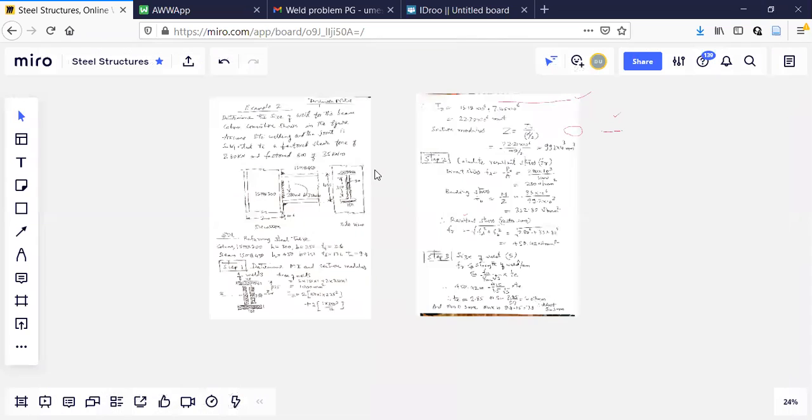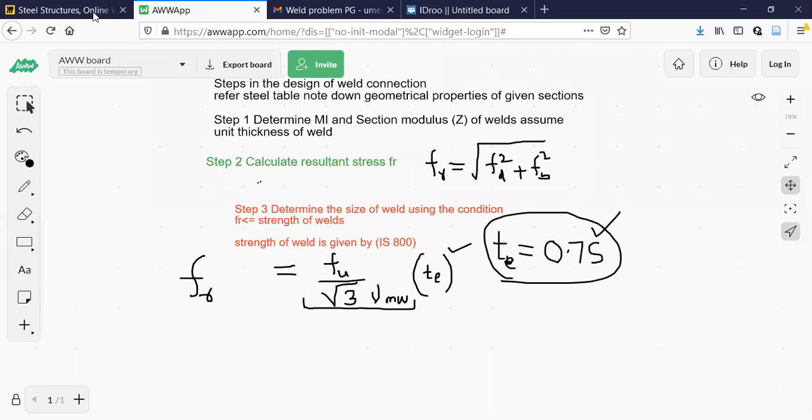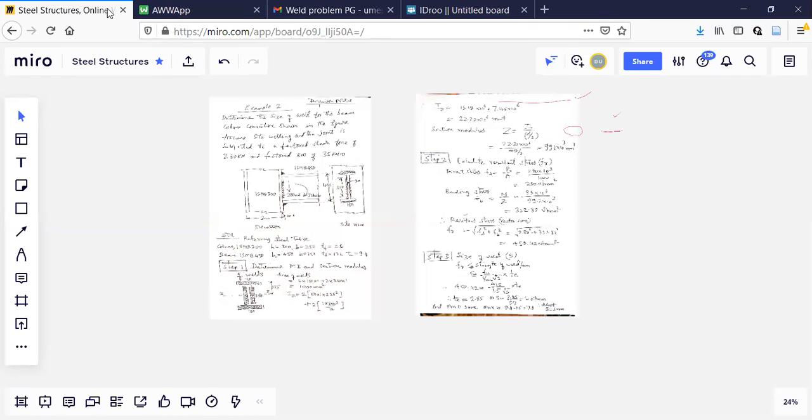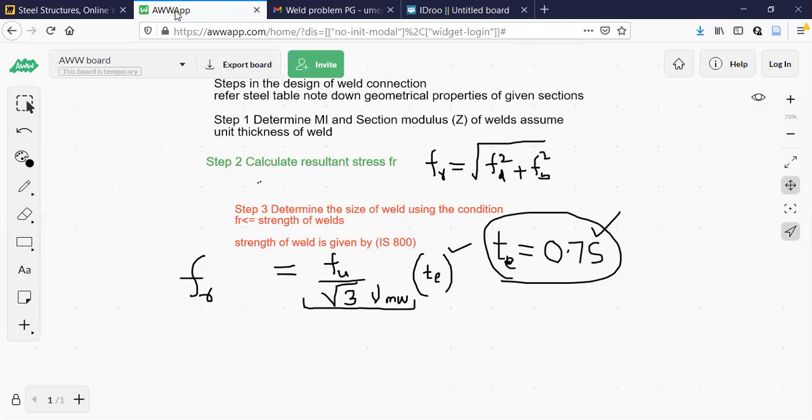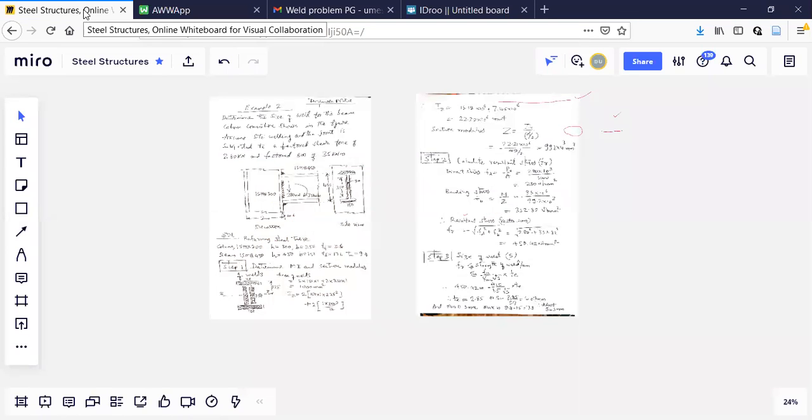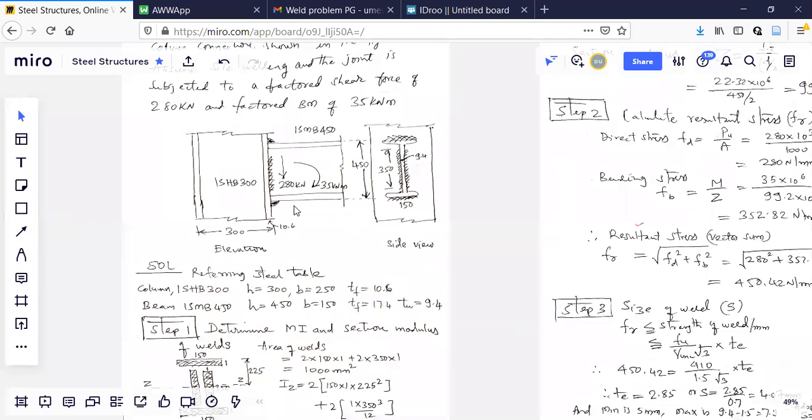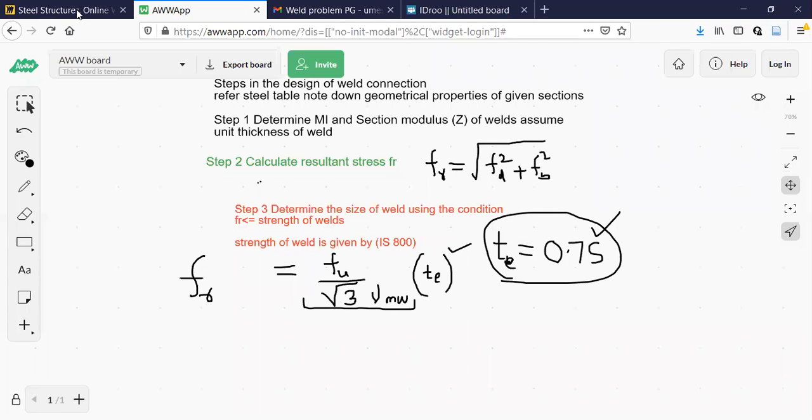Because the problem with online is we people watch more and we people do less. In the classroom atmosphere, the person has to write the notes or submit on a day to day basis. How many of you have stopped using a pen? I don't know. In the last 15 days, unless an assignment is given, a pen will not come out. So I'll give you some 2 or 3 examples. You try to solve those problems. After that, if you still have some doubts, you can screen share and show me where you are finding difficulty.